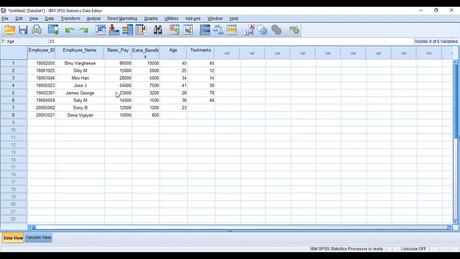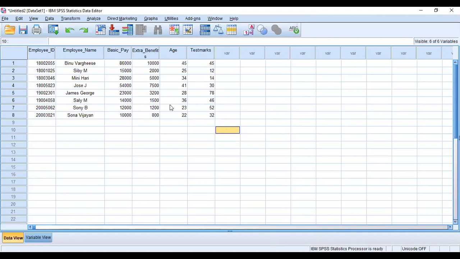Age is 23 and 22. Then test mark is 52 and 32. Likewise, it is given. So we have entered the data as per the question.